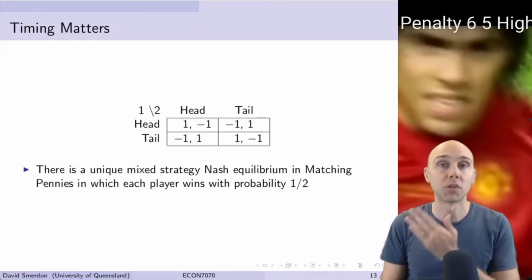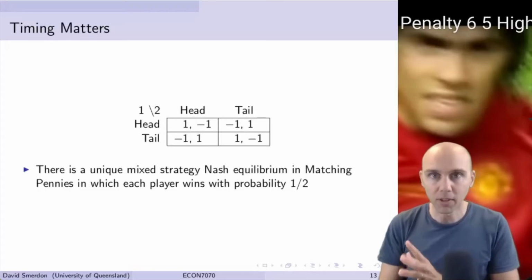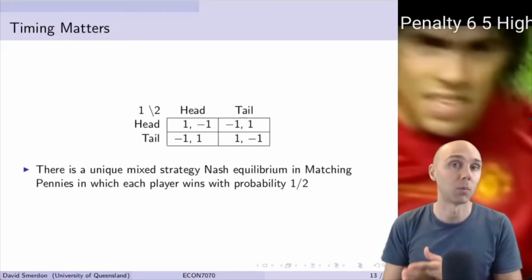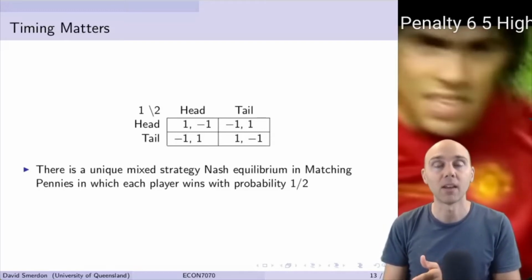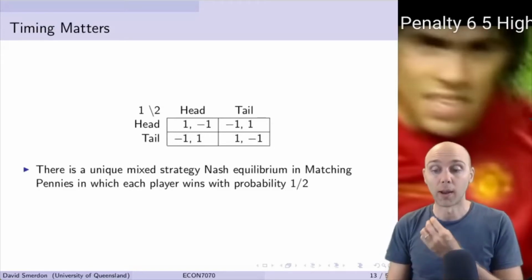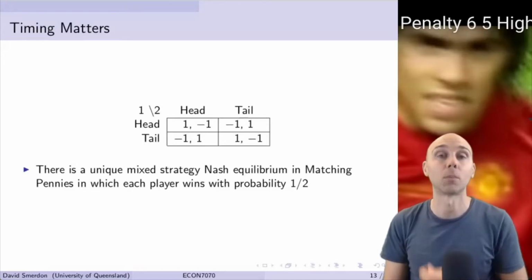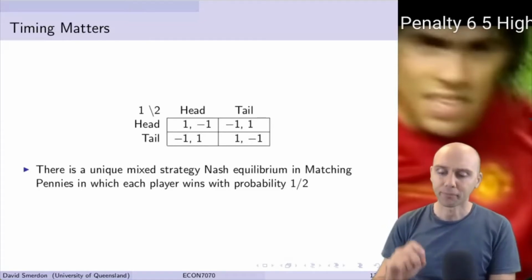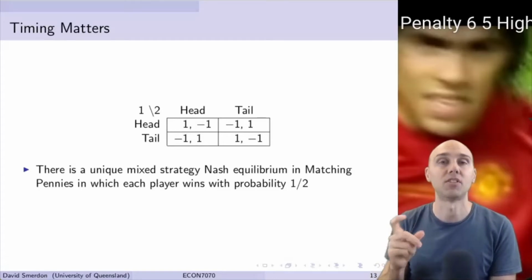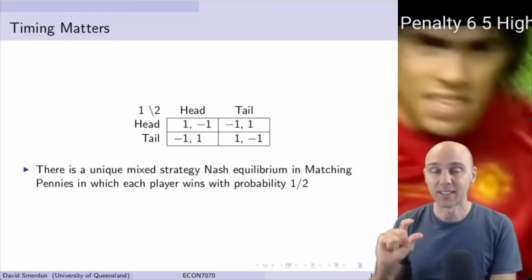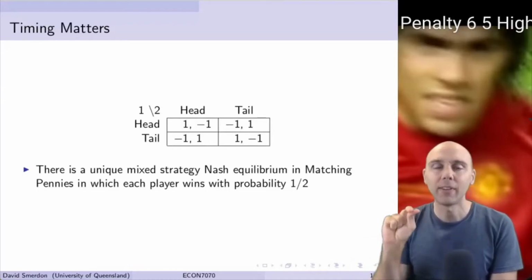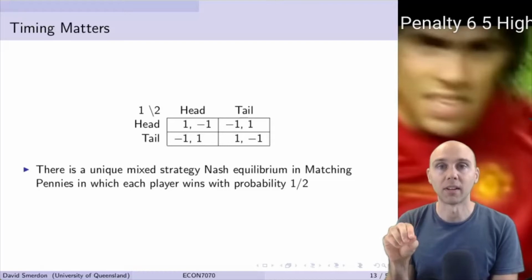Well, you should choose paper. Not some mixture, not sometimes paper, all the time paper, because you know that I'm more likely to play rock than anything else. So you switch to a pure strategy to exploit their playing off the equilibrium path. And what that means is that these particular mixed strategy Nash equilibria are quite unstable. They exist and we can pinpoint them, but any deviation from another person is going to lead to a big